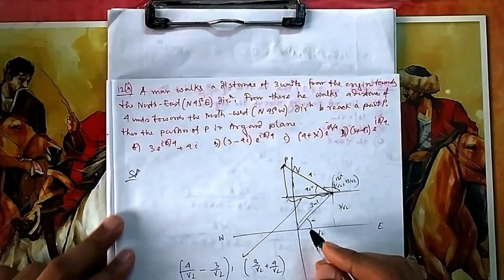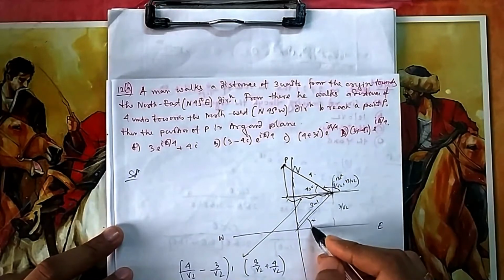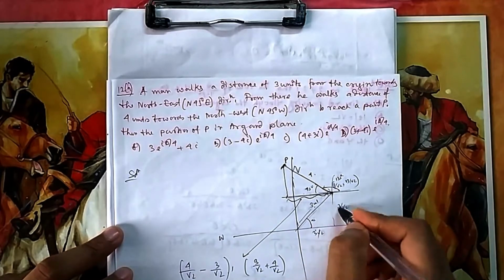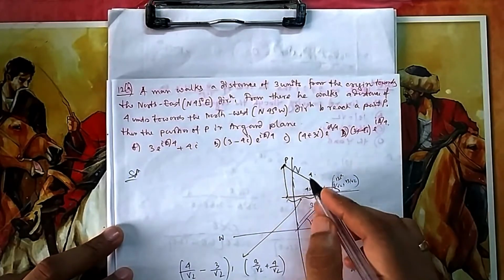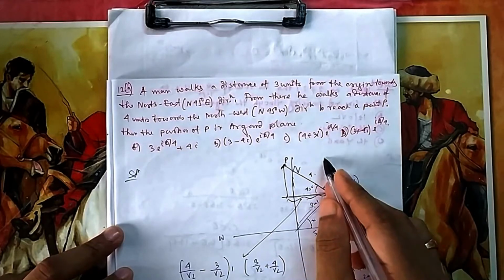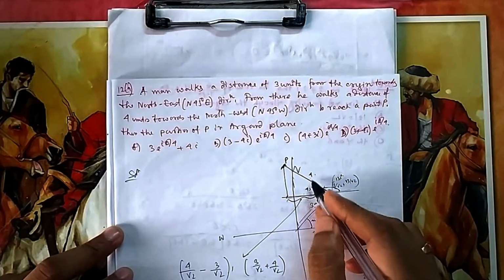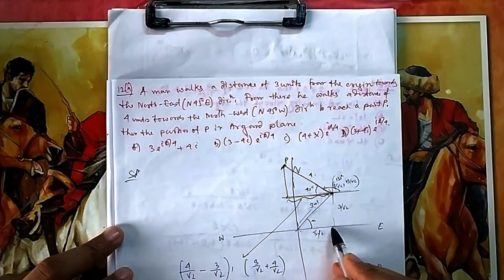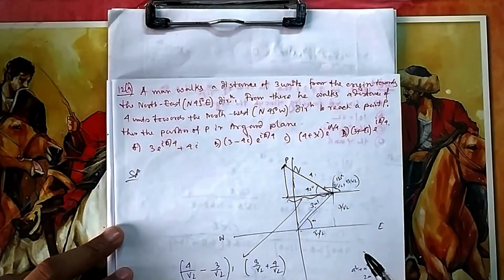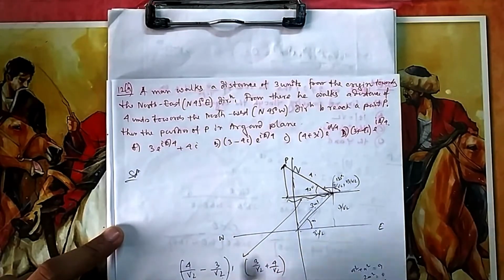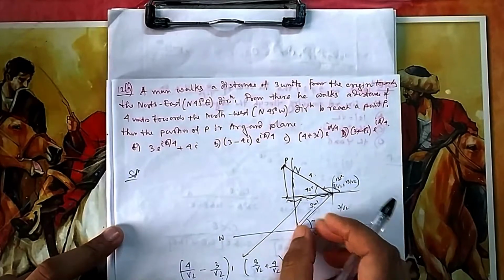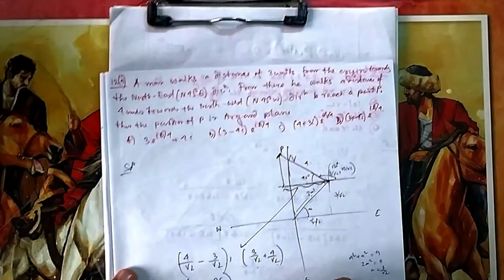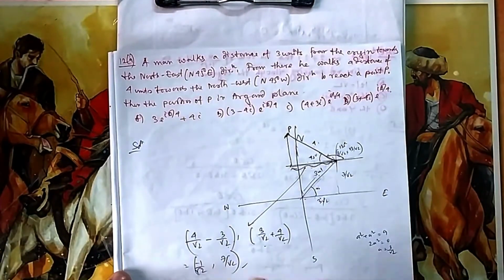Now the position of the point P in the Argand plane. So you can do it using coordinate geometry. This is 3 units, so this is 45 degrees, so this distance you know, 3 cos 45, 3 sin 45, that is 3 by root 2. From this point, this is 4 units, so this distance you know, that is 4 by root 2, 4 cos 45, 4 sin 45. So this distance will be 4 by root 2 minus 3 by root 2, this total minus this will be equal to this distance, and your y coordinate will be this plus this. So if you do this one, now you see which option will give you this answer.